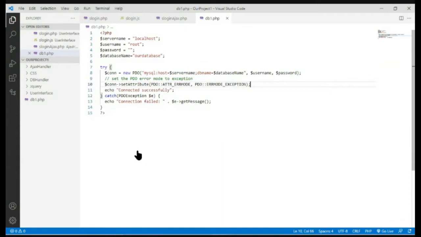But anyhow, for the time being, you need to know that for proper error handling, you have to write this line as it is. And then here, for simplicity, just to show that the connection is successful, we are displaying echo connected successfully. Otherwise, if any error occurs, for example, if I write some other computer name which doesn't exist, or the username is wrong, or the password is wrong, or maybe the database name itself is wrong, any exceptional case, then